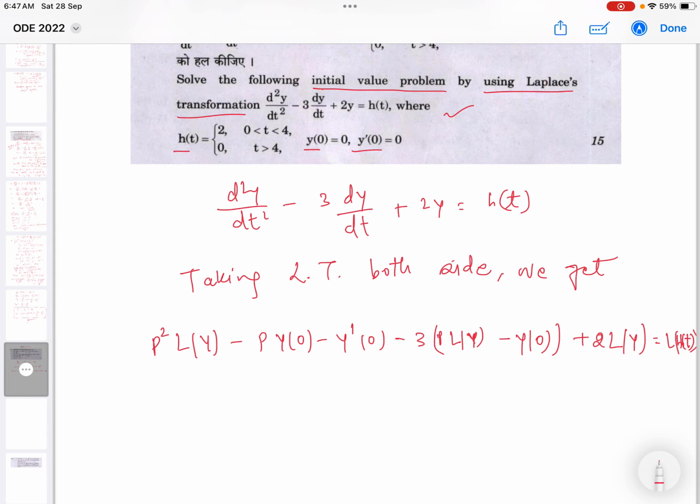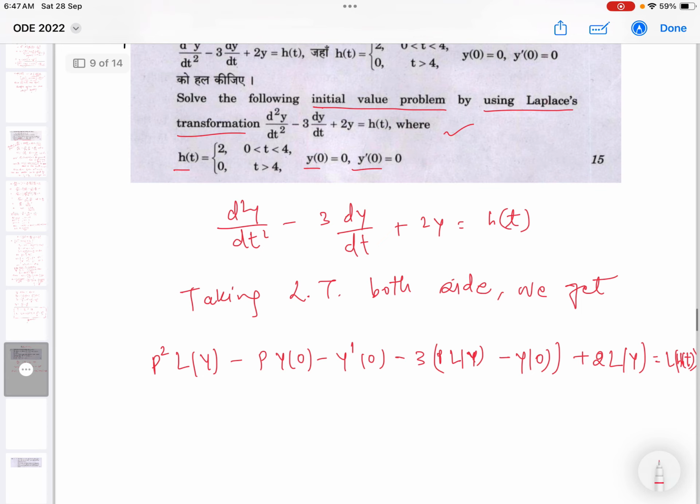Fine. And now we will see that since y of 0 is 0 and y dash 0 is 0,